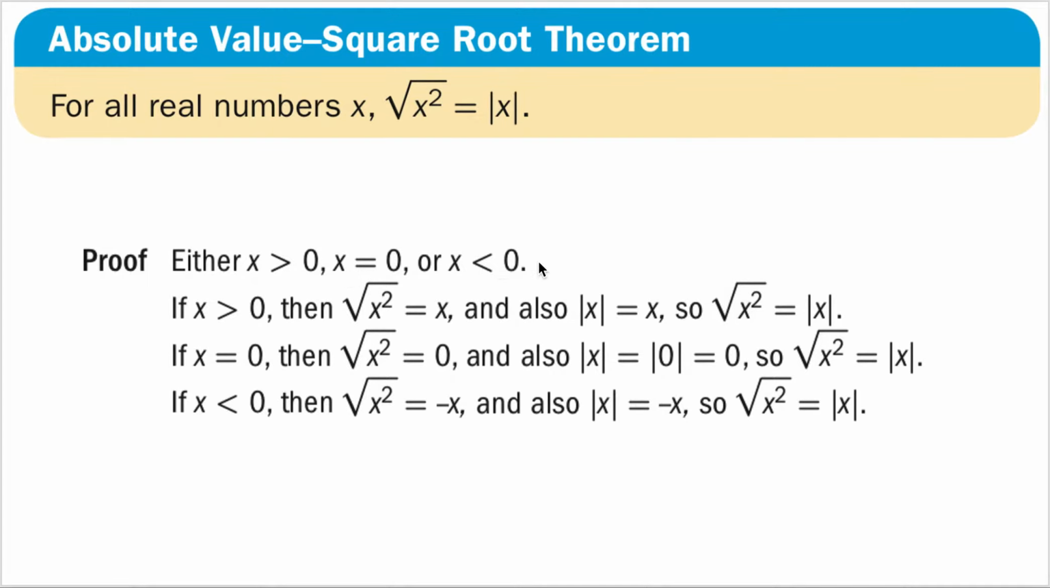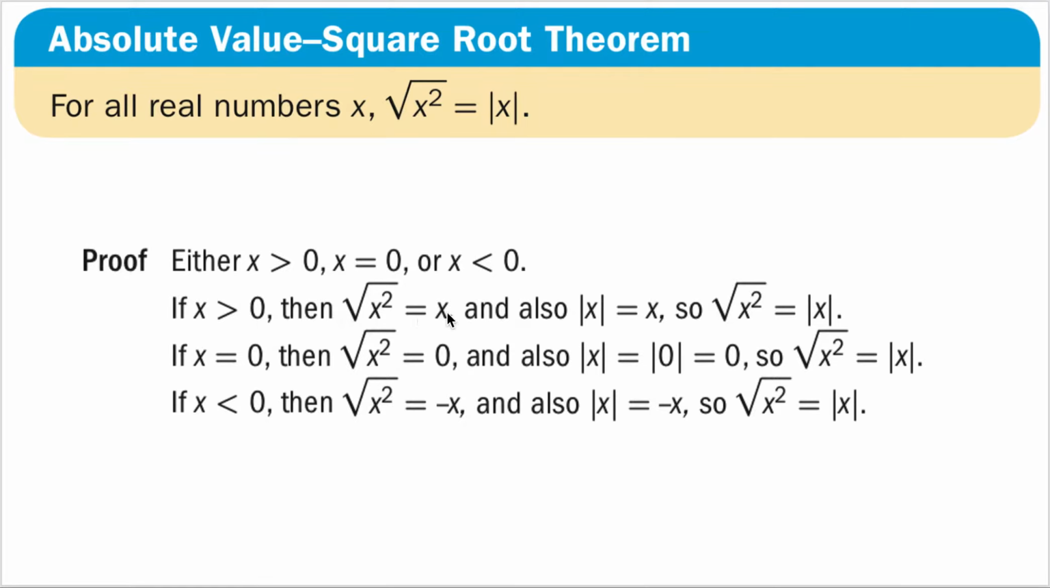In this proof, we are using two properties of equality. We use the reflexive property of equality, or reflexive axiom, and we are going to use the substitution property of equality, or substitution axiom. In the first case, if x is greater than 0, then the square root of x